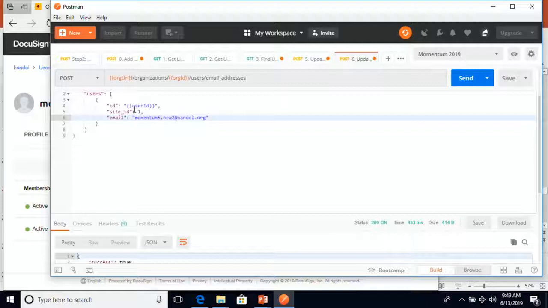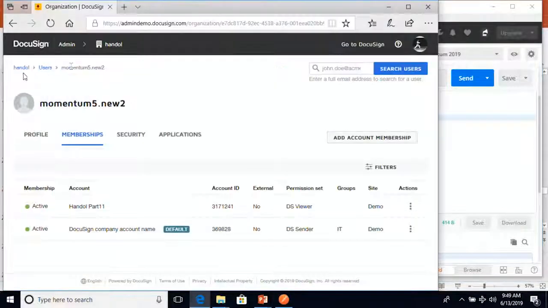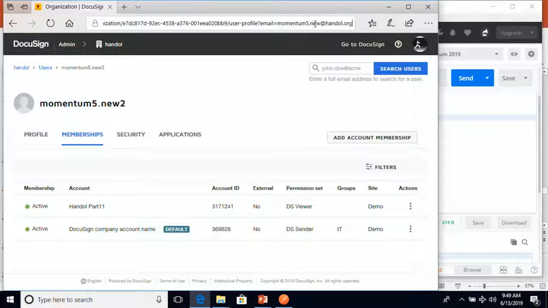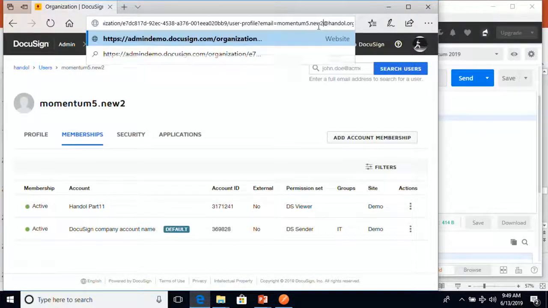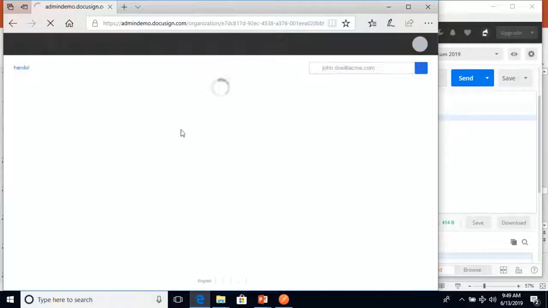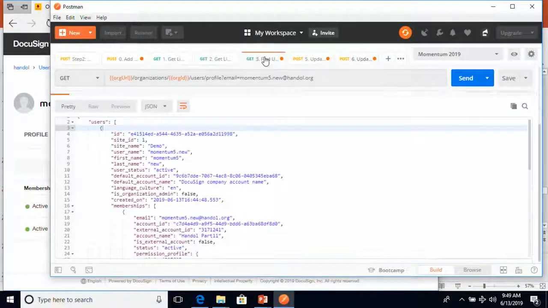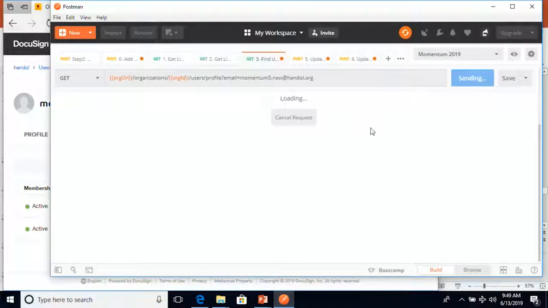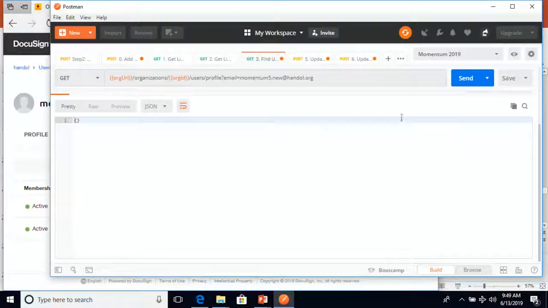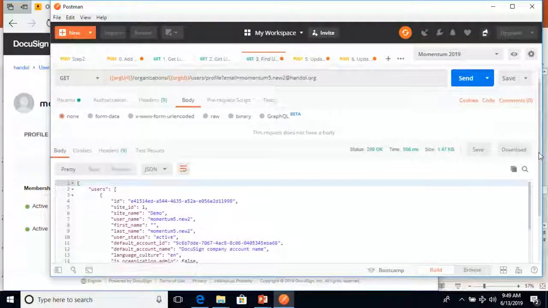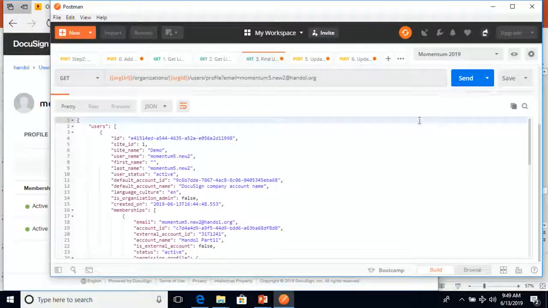Same user ID, so that ID doesn't change. So from here, since we're filtering by the email address, we're just going to add a 2. And so as the email's changed, if we want to be sure, we can get the user's profile. We're looking by their email address, so we just add a 2. And we can see the user here searched by 2.